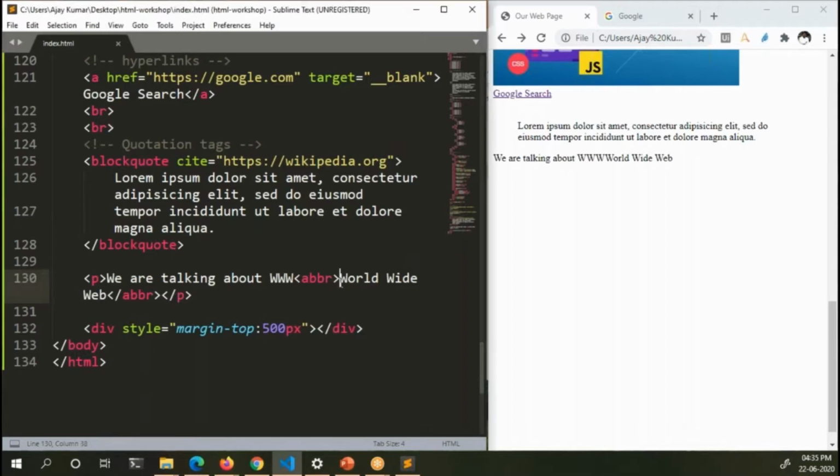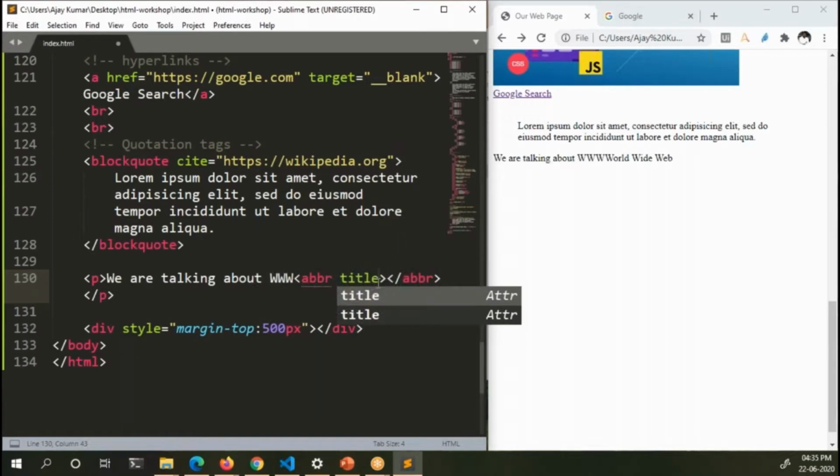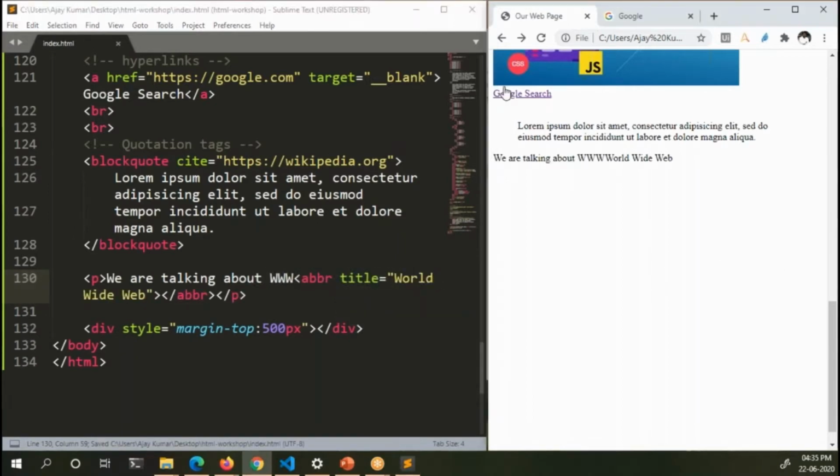Okay, right, we need to provide this World Wide Web as part of the title attribute. Title equal to World Wide Web. Now when you refresh it, when you hover over www, it should display World Wide Web. Okay, I forgot to do this thing.